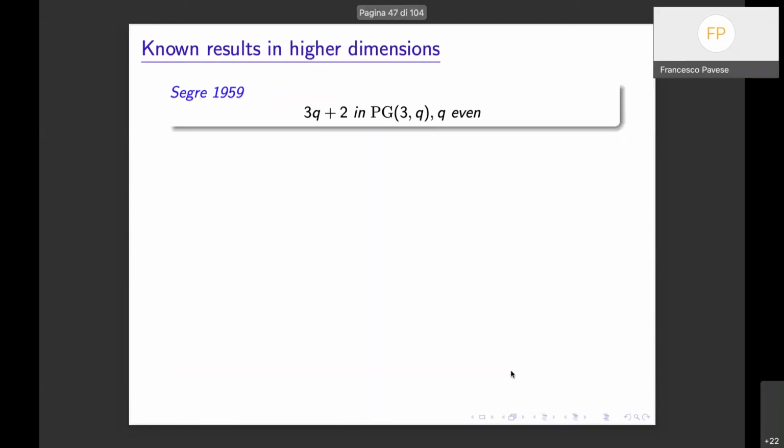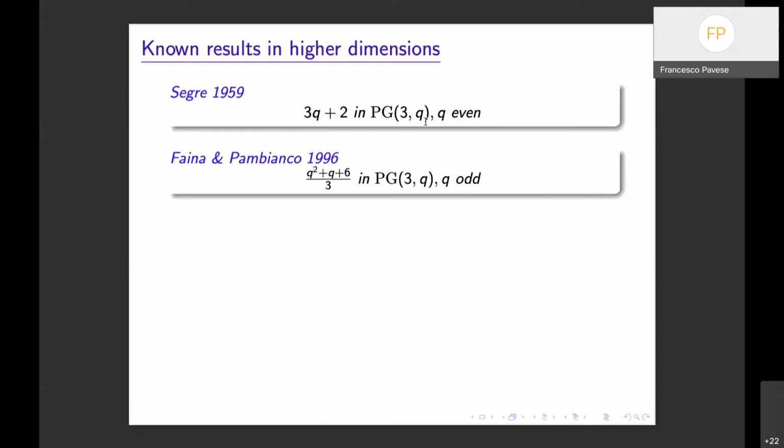Well, Segre constructed a complete cap of these sides by using three conics sharing a point on three distinct planes and having the same nucleus, by adding to the points of the three conics the nucleus, in the case when Q is even. So essentially, he solved the problem in this case. And